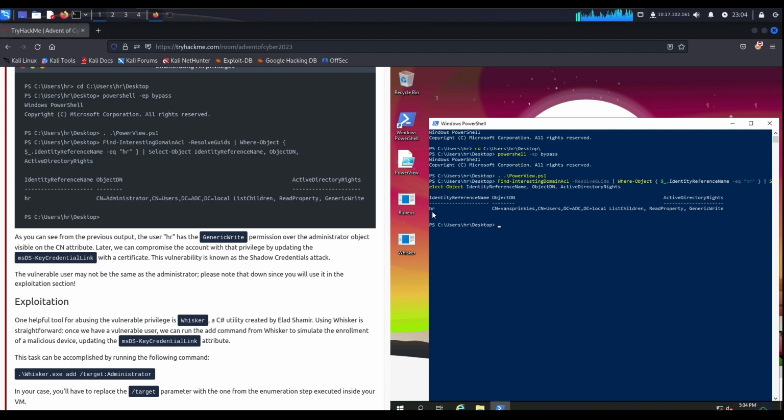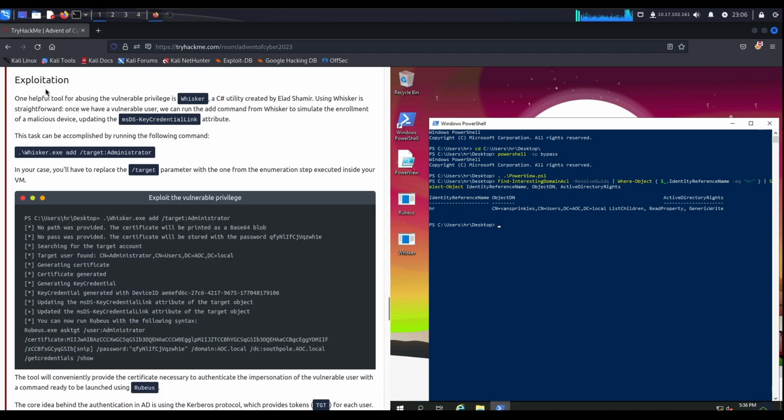Here we can see that the HR user has generic write permissions over the Van Sprinkles account. So this means that we can later override the msDS-KeyCredentialLink attribute with a certificate and then log in as the Van Sprinkles user on the domain. So coming to exploitation,